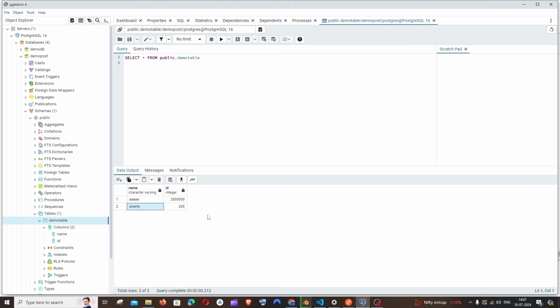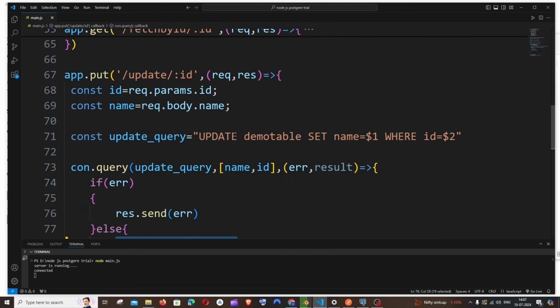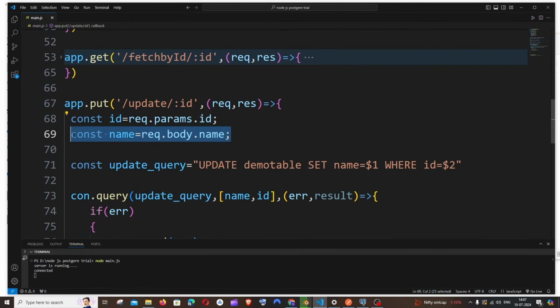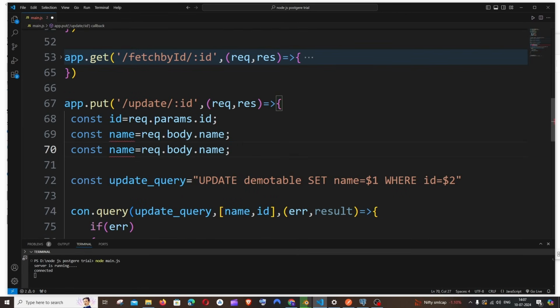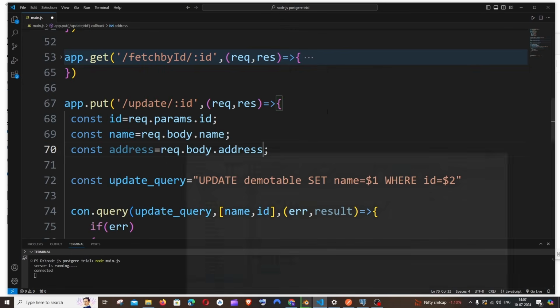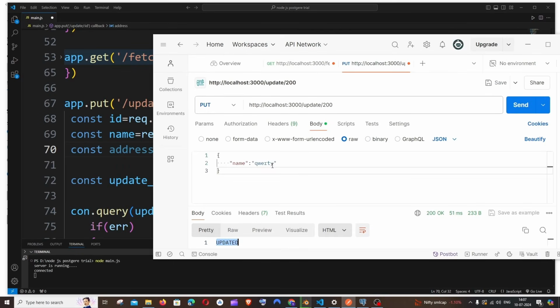And imagine in case you are having another column. So let's say you are having another column as address. So in that case what you will be doing is, you will just have the exact same thing. You will just put here, just have it as address. Here also you need to change it to address, and make sure that you are having address in the table also. Okay, you should have address there, and here also you will